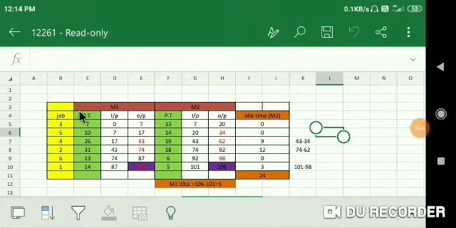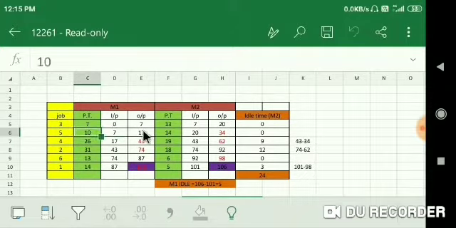Now we have input and output times for machine M1. We will start here. To complete job 3, the starting time will be 0 and the processing time for job 3 is 7. So 0 plus 7 means after 7 minutes this job will be done and we will get the output. Now for job 5, it will start from 7, and the processing time is 10. So 7 plus 10 is 17.